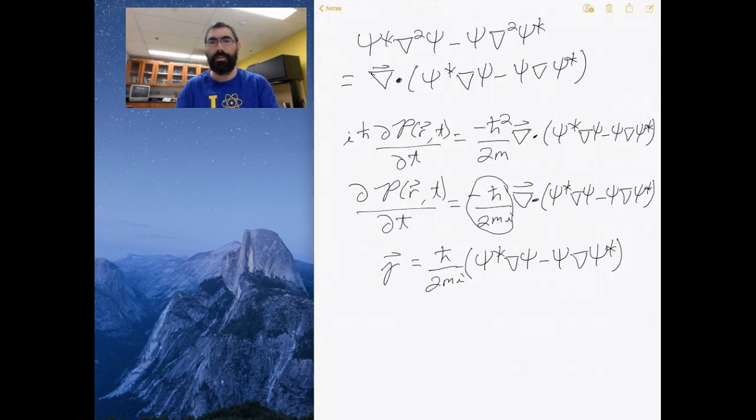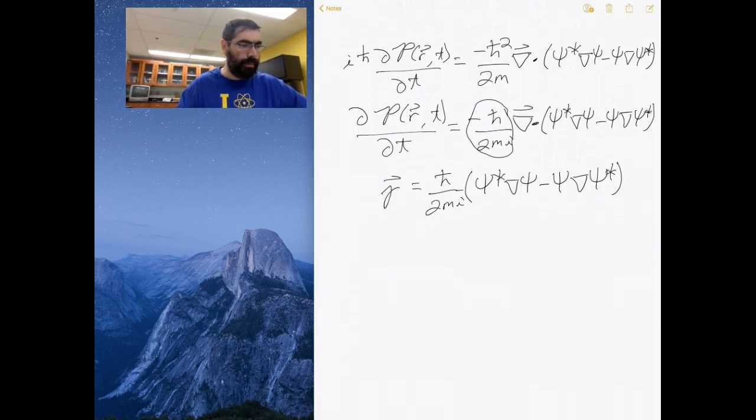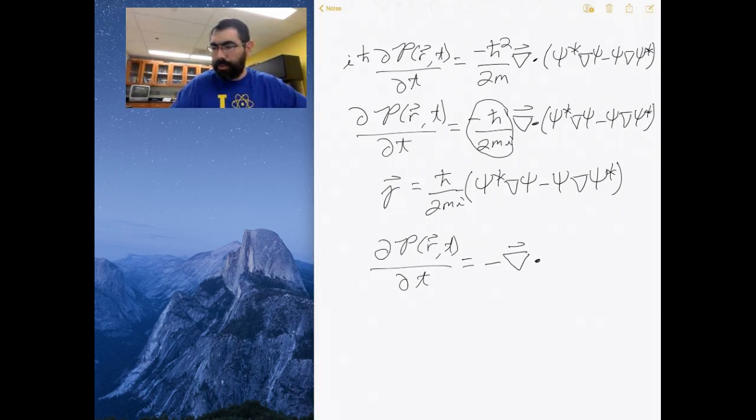Okay, so that's our probability density current, and if we throw this in, then we reduce the equation to the derivative of the probability density with respect to time is equal to minus the divergence of the current,